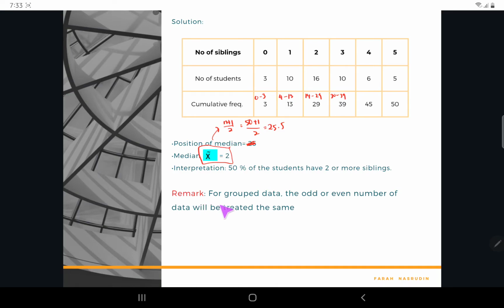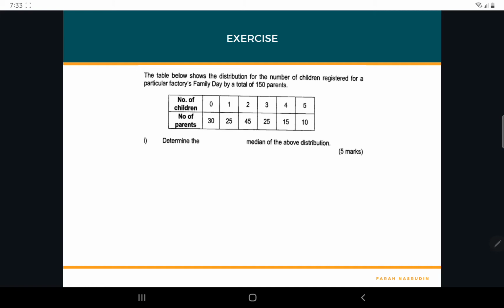Okay, remark here for group data. Okay, group data, selepas ni kita akan belajar for group data, the odd or even number of data will be treated the same. But before that, let's take a look at one example here. Okay, we want to find the median of this distribution, which is